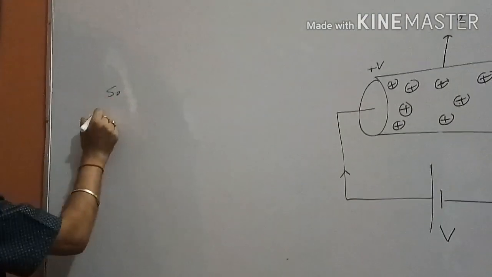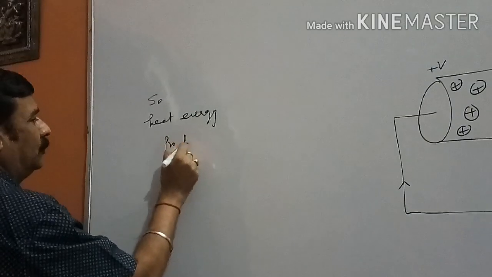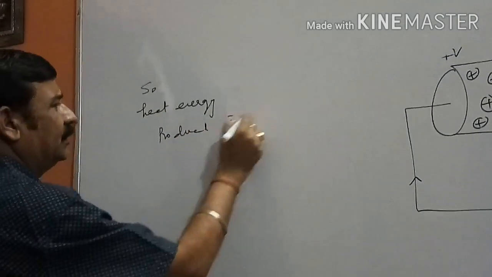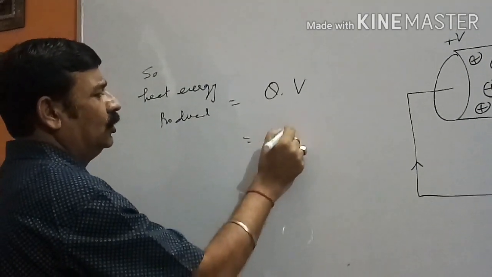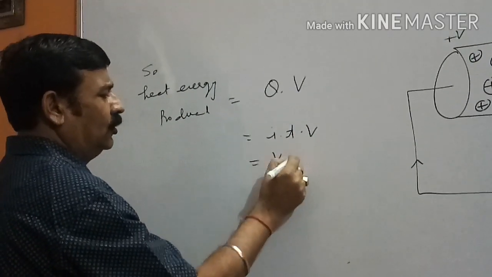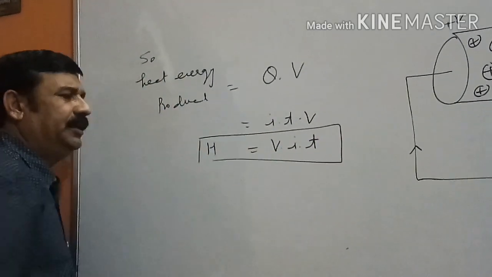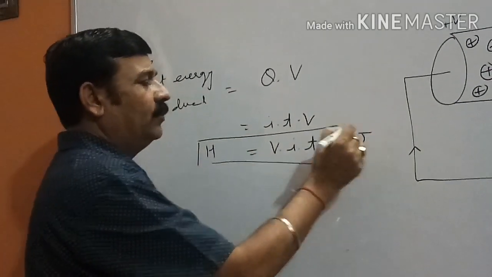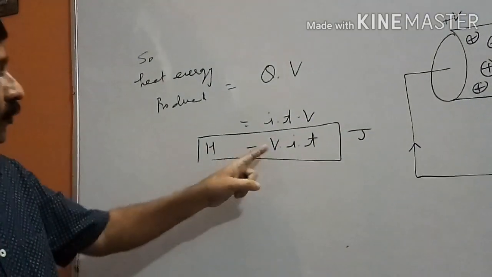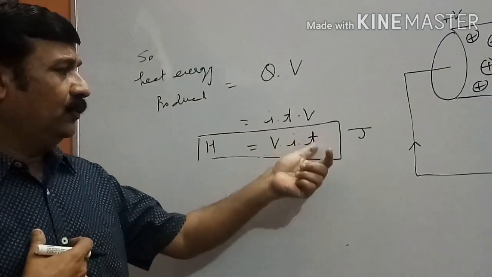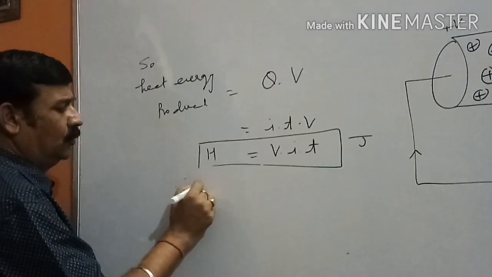So heat energy produced is the work done by the cell, that is Q into V. And just now we have developed Q is equal to IT. In place of Q we can write IT. So the first formula to calculate heat energy produced will be V into I into T. Make it clear, this formula is in joule, because we are taking potential difference in volt and current in ampere. So if we know potential difference, current and time, we multiply them and get the heat energy produced. Now since Ohm's law,